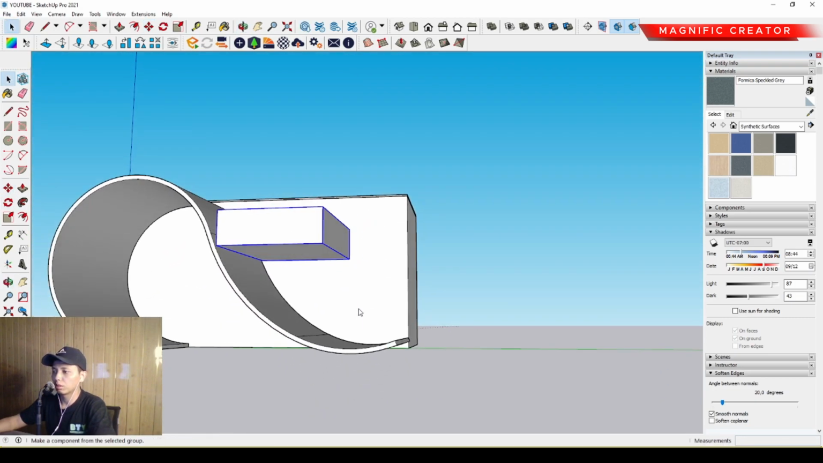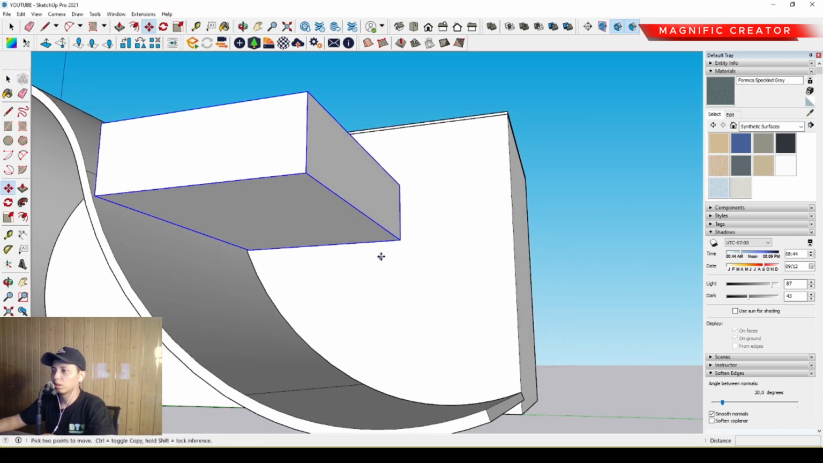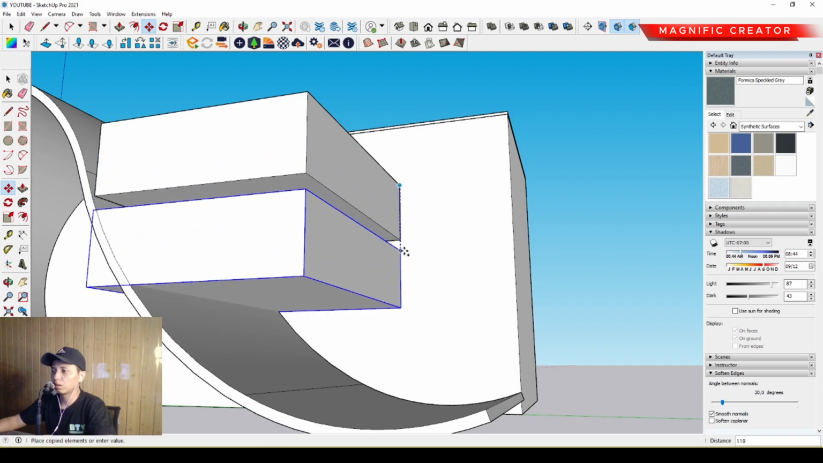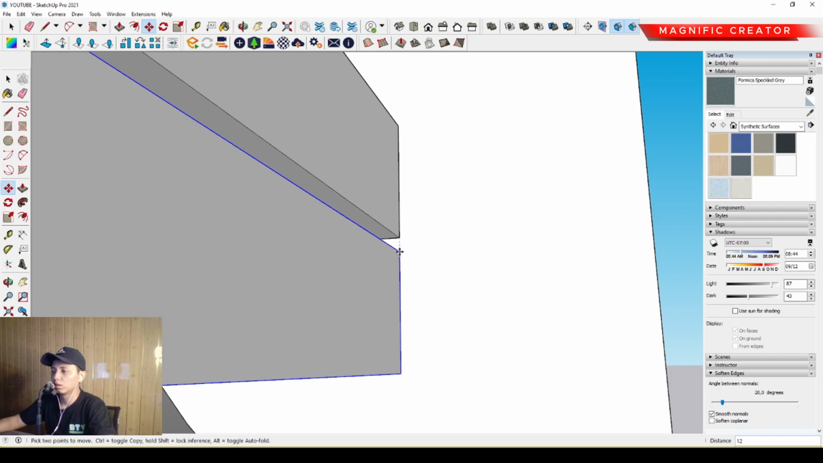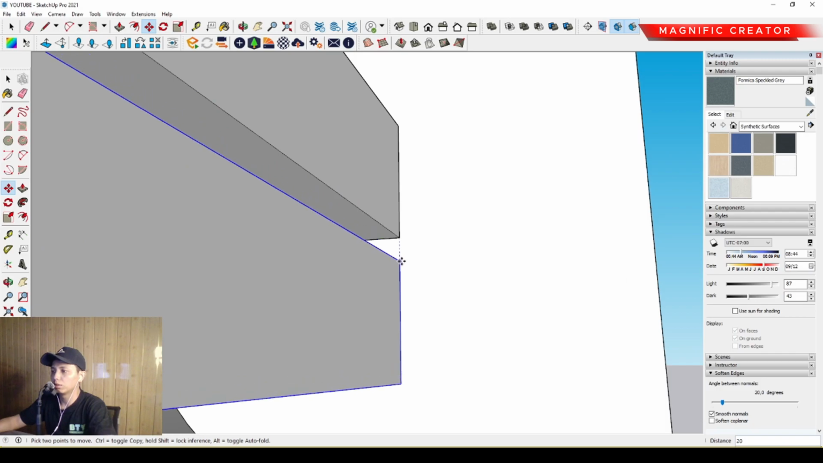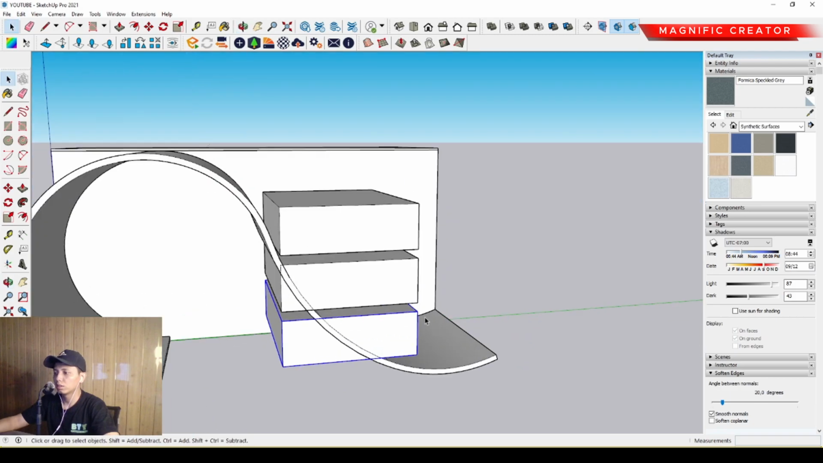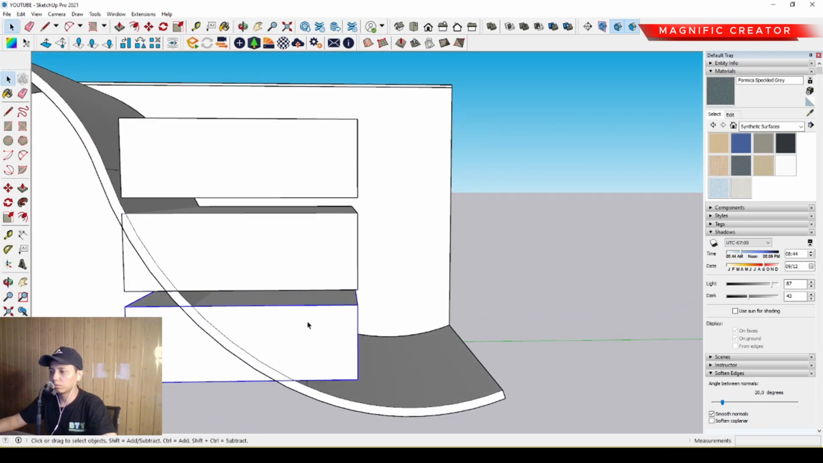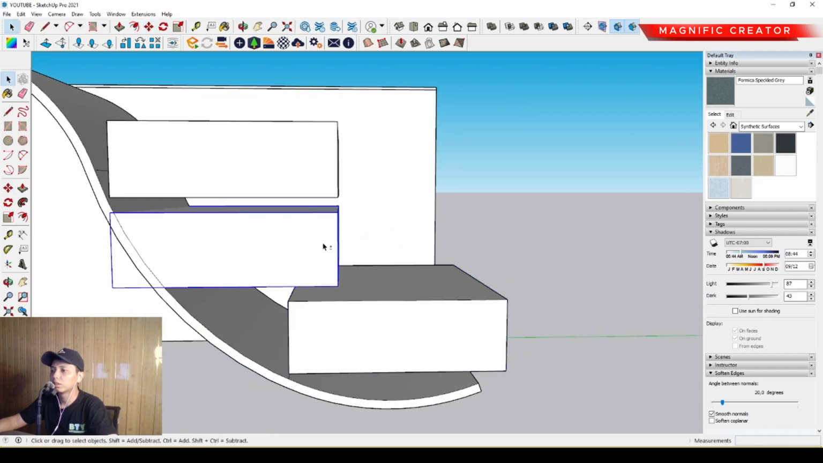Then we can make component, create, then move, and select control to duplicate it. Okay, maybe we can give a space between the other drawers of around 20 millimeter only. Then we can duplicate it again. So then we can make a movement of this drawer itself. Okay, we can move,